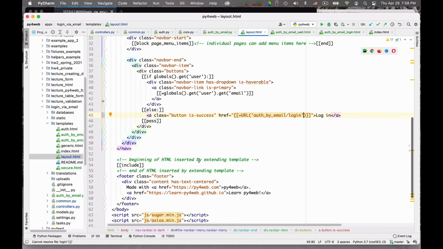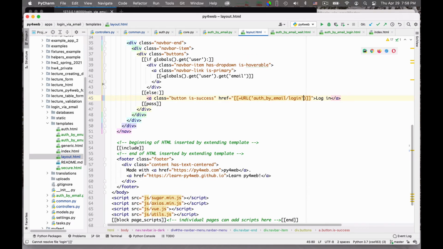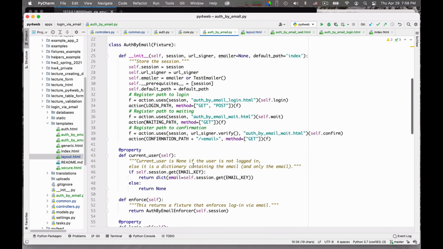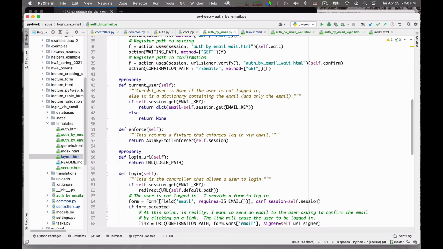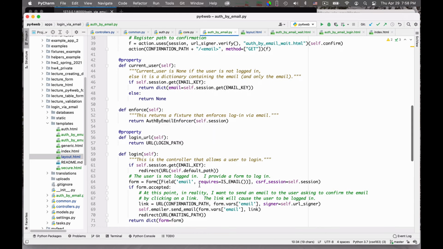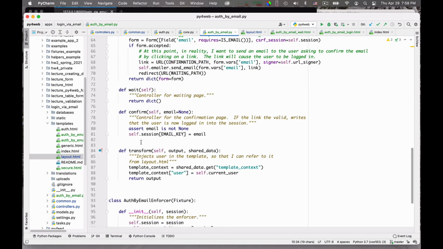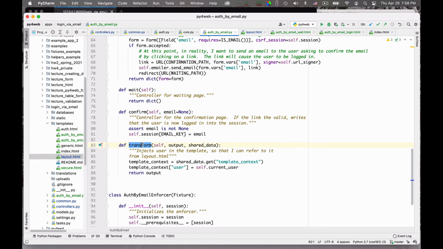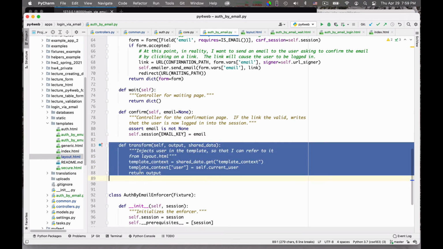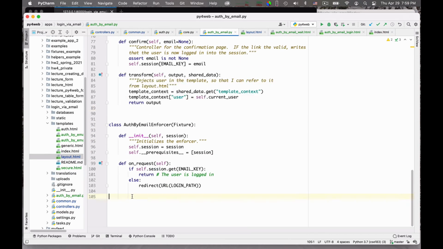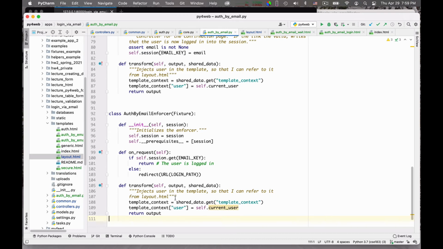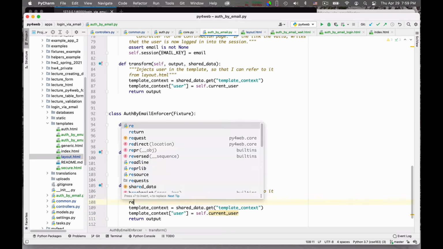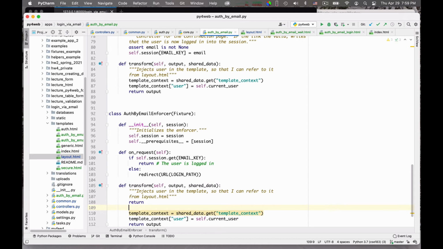Okay, and let me see. I also need to fix another thing. So this transformation method that I have here, okay, I also need to put a similar one in auth by enforce in the enforcer, so that even if you want to enforce, you still inject the user in the template. And so here I simply say return, okay,